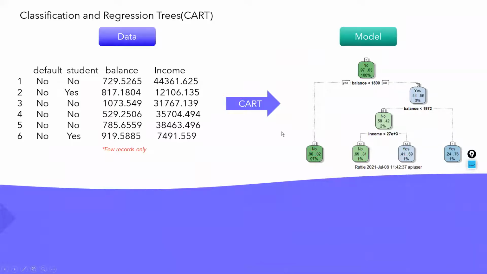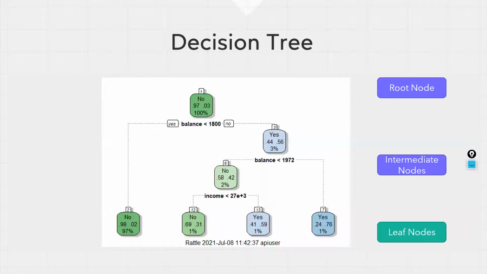Okay, then let's move on to the basic concept of a tree. In a tree, we start with the root node. So this one here is called the root node. And from the root node, we will propagate down to the leaf nodes. So this is the root node. This is called the intermediate nodes. And this is called the leaf nodes, or also called decision nodes.